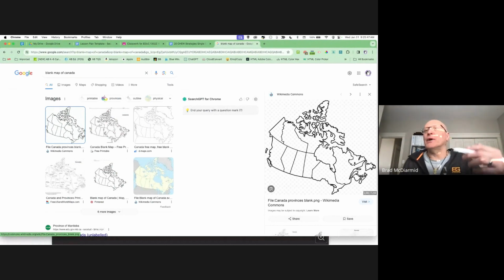And then you've all done either, label the provinces and capitals, color the rivers and lakes blue, something like that. You've labeled a map, right? You've all labeled the parts of a cell. You've all labeled a blank picture of a human being, and labeling parts of the body. Those are all graphic organizers that